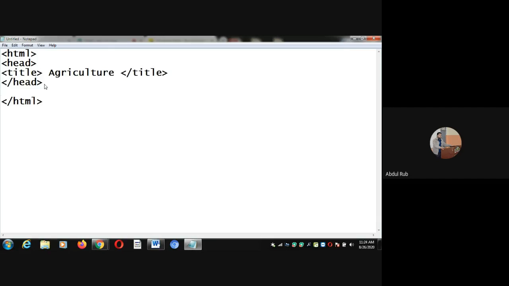But all the basic tags you will write inside a body tag, body, and body is also a paired tag. HTML is a container that keeps all the tags. So body is a tag that is kept inside the HTML tag. Head is also a tag, but it is also kept in the HTML tag. Title is also a tag, but it is kept inside the head tag. So body is starting and we will close the body tag, body just finish. So all the basic tags I will teach you.